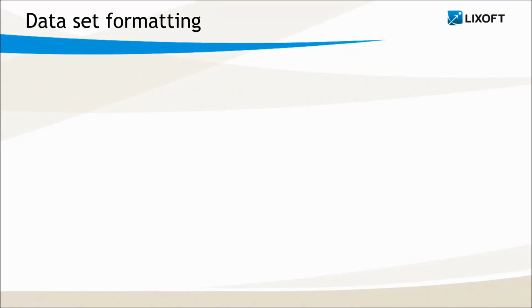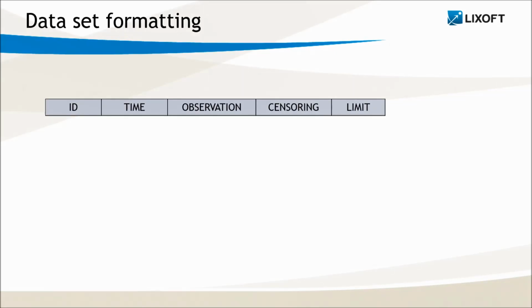To take the information provided by censored observations into account in Monolix, the only thing the user has to do is to tag the BLQ data in the dataset. For this, we will use the censoring and limit column types. Let's see the different possible situations. For a normal data point, I would have the ID, the time of the measured value, and a 0 in the censoring column, meaning that the data is not censored.